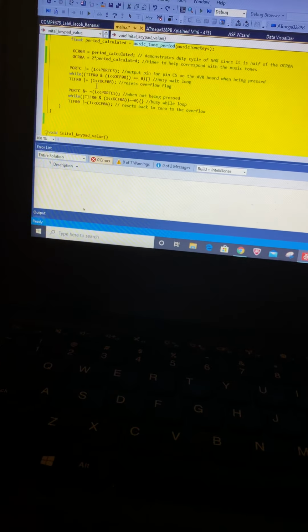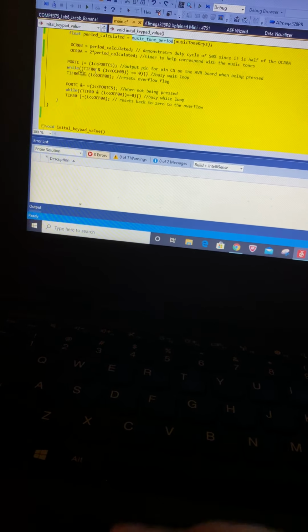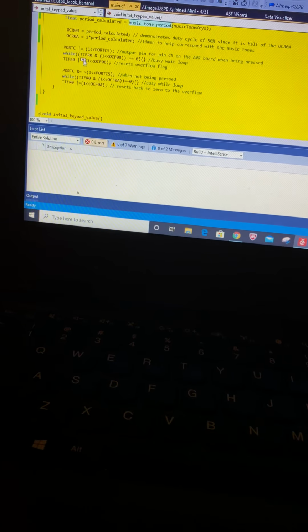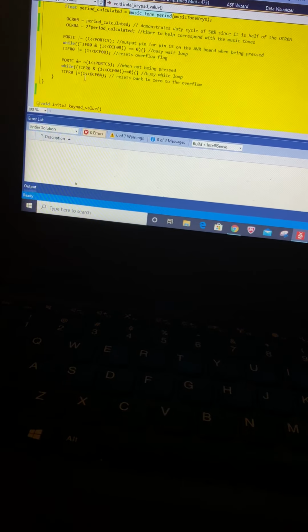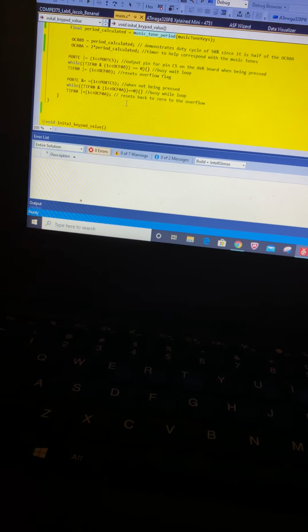So then it will go through the port, then it will check the output pin for C5 when it's being pressed, and then it will go through a busy wait loop, and then it will check when it's not being pressed, and it will go through another busy wait loop, and it will reset to 0 on overflow. So then when I run my code,